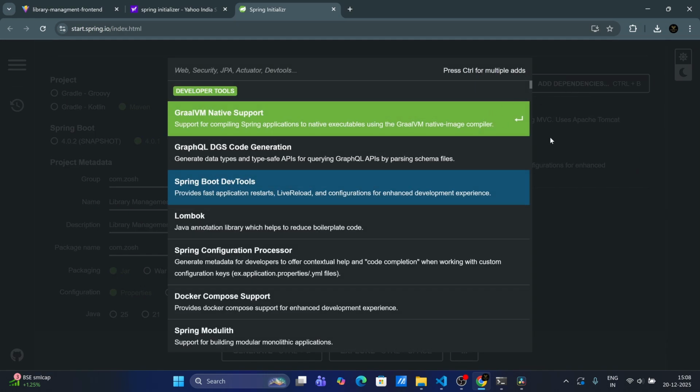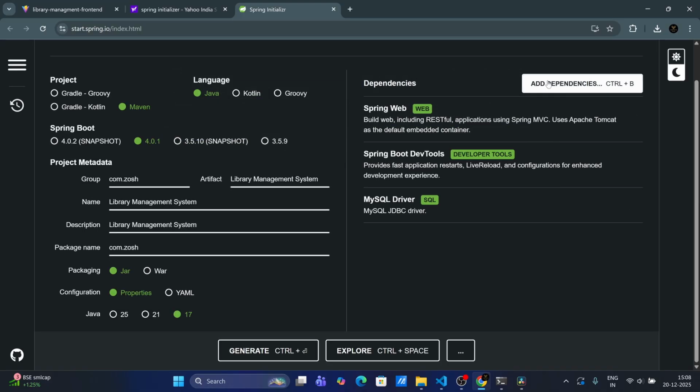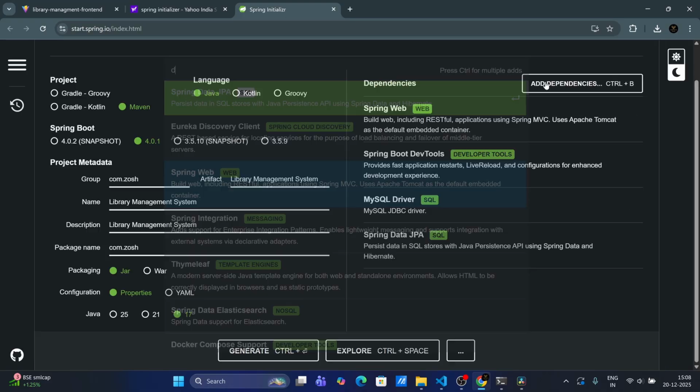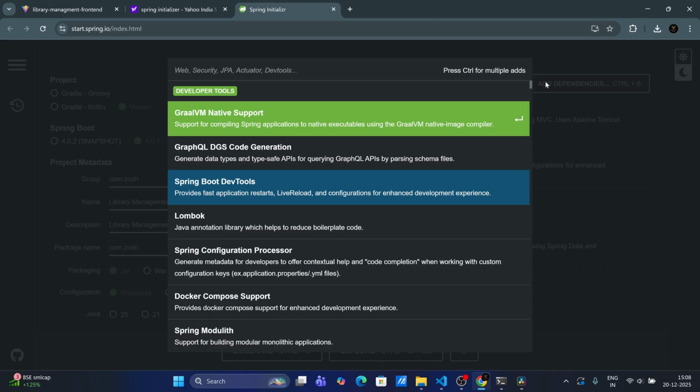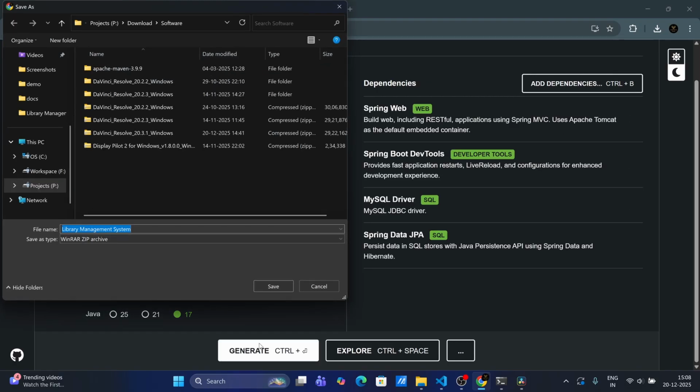Okay, then let's add dependencies for the MySQL driver and Data JPA. Now later we'll add Spring Security and OAuth2 client, and then we'll add Lombok as well. But for now, these four dependencies are enough, and let's click on generate. So it will generate the project and download it as a